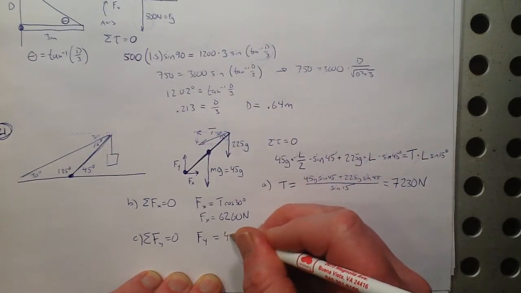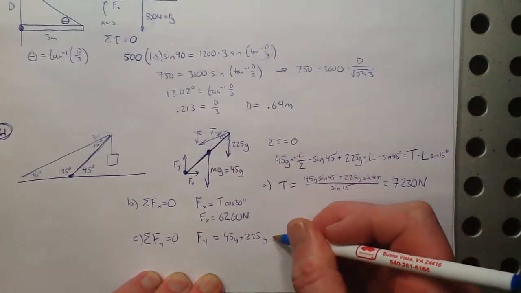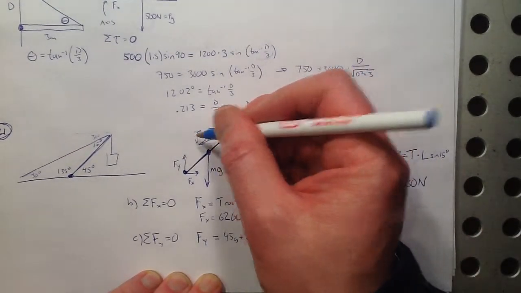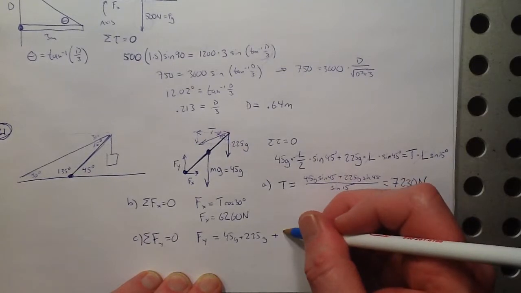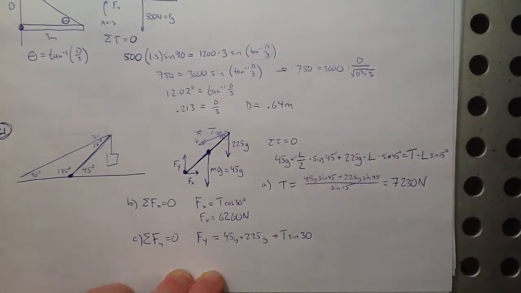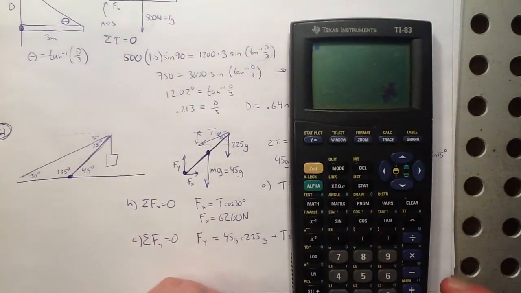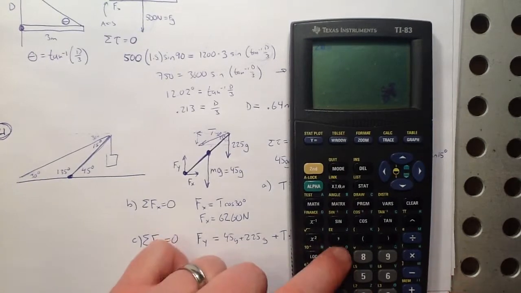So that's 45G plus 225G plus the sine component of the T force, the tension force. So that's 270G